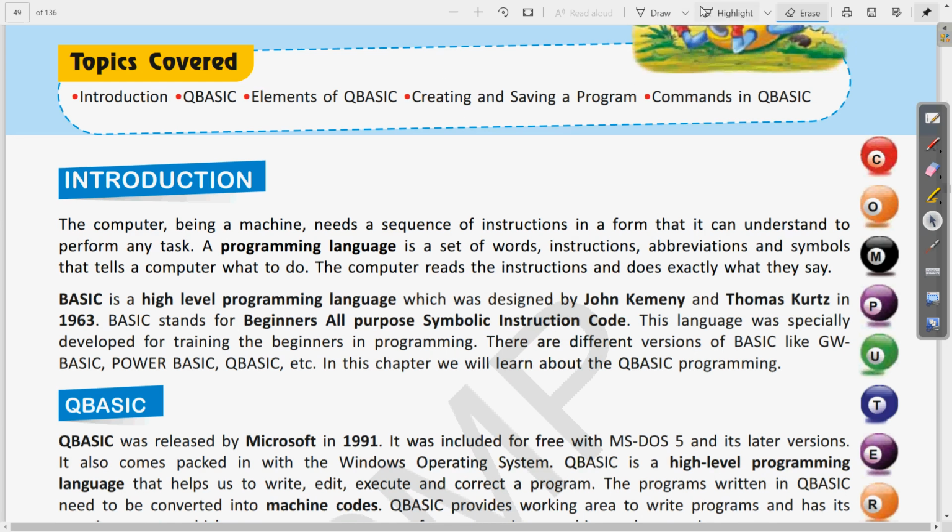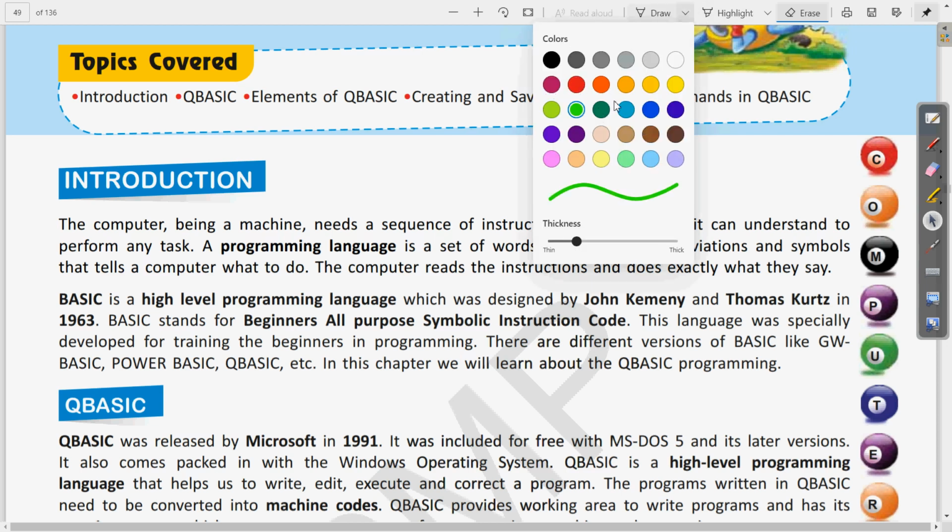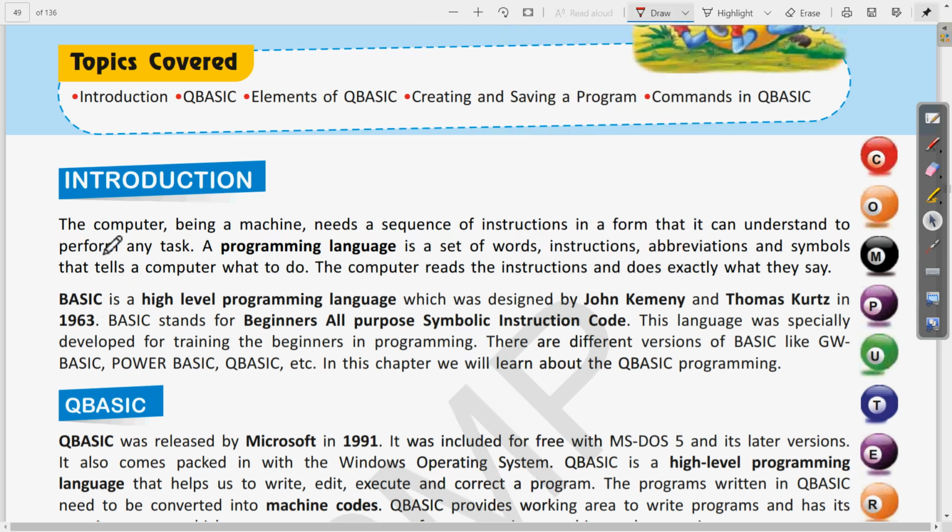So the answer of this question will be, let us change the marker. First, BASIC is a high level programming language. Then no need to write again who designed it. So the first statement is that BASIC is a high level programming language.